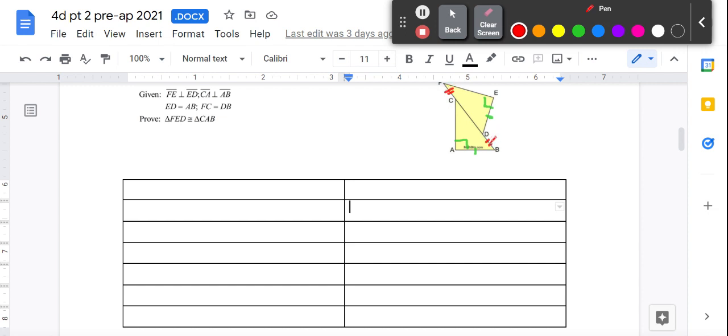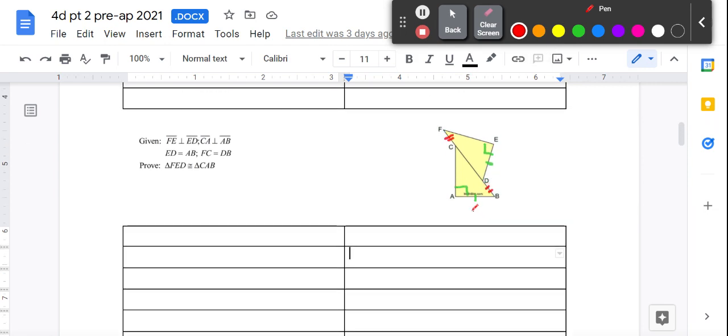DB down here, okay? And all we're trying to do is prove that these two yellow triangles are congruent to each other, okay? The two yellow triangles are congruent to each other. So if we start with the big picture in mind, we know we have right triangles right here because we have the right angle, and we know we have one of the legs congruent to each other, ED and AB. Okay, so with that, it could be maybe either side angle side,